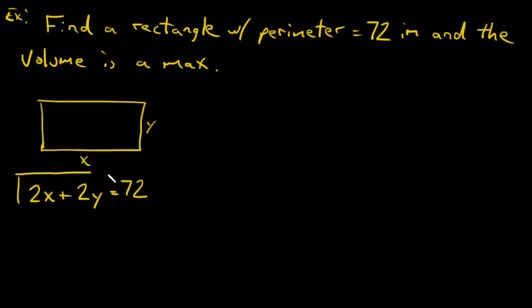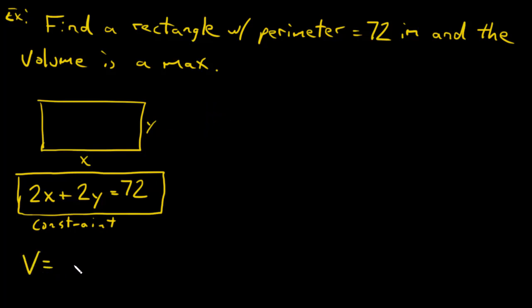And that is my constraint right there. Okay, now I need the volume as a max. Well, that just means that V is equal to X times Y. So now all I have to do is solve. This is my min-max expression,